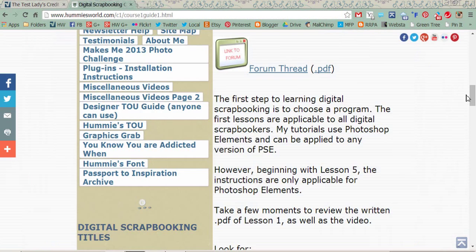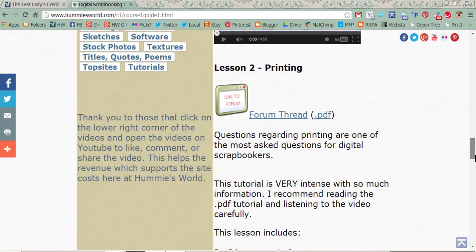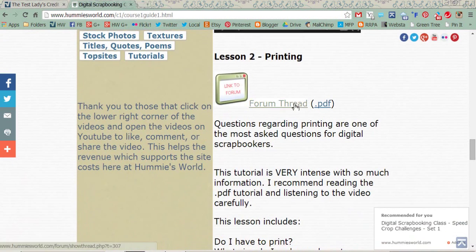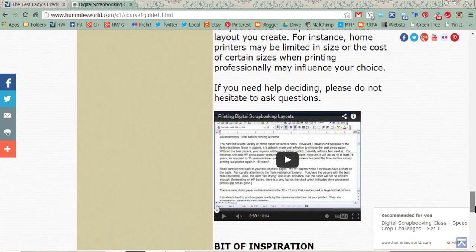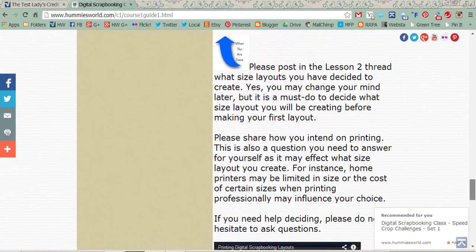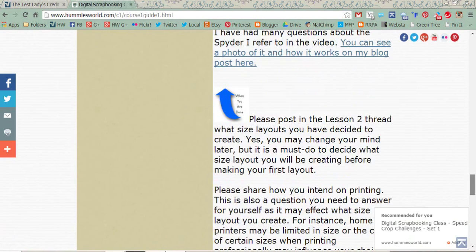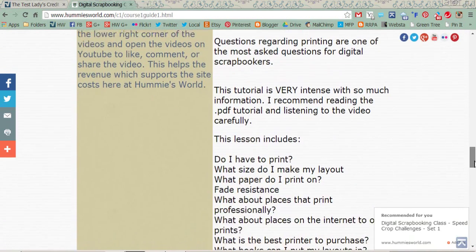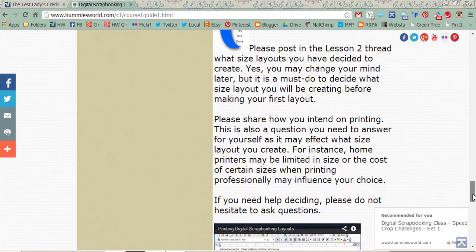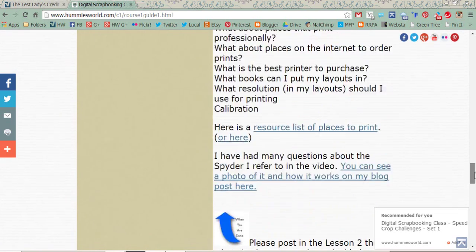Okay, and then I'm going to scroll on down. Here's lesson 2, the forum thread, and here's the video. You can read all of the stuff. It tells you exactly what you need to do. In this one, you're going to just share how you're going to be printing and what size layouts you're going